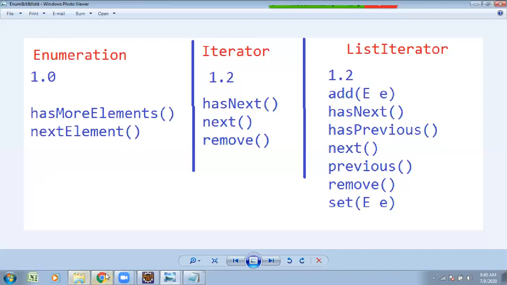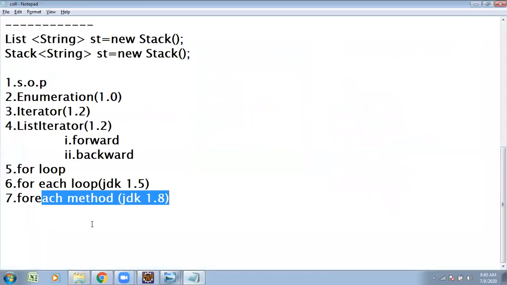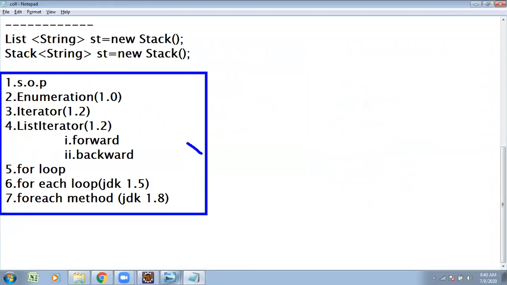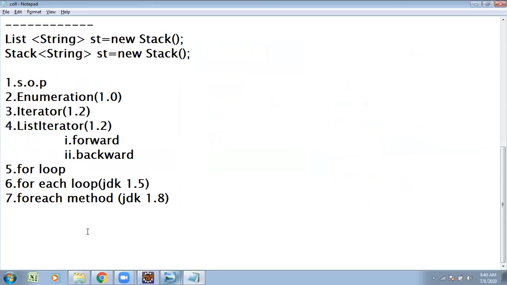These are all used to retrieve the collection elements only. All outputs are the same because we worked with the same collection. This is the thing we are going to use with repetition. Iteration is nothing but a repetition process until the condition becomes false. So this is the way we are going to work under collection.